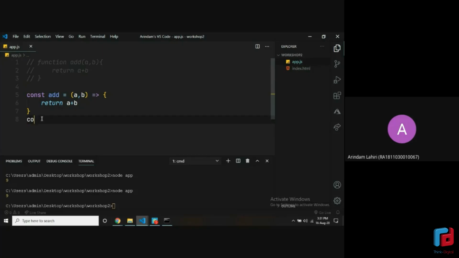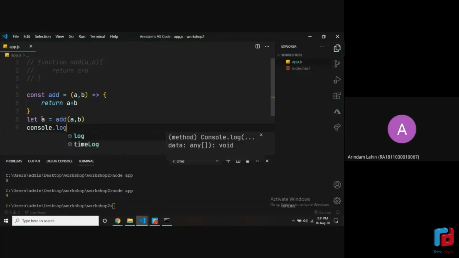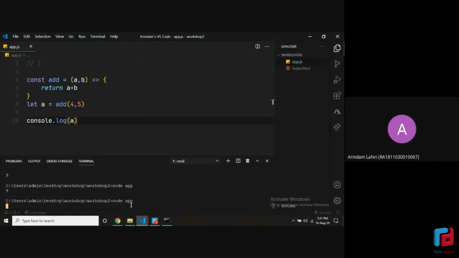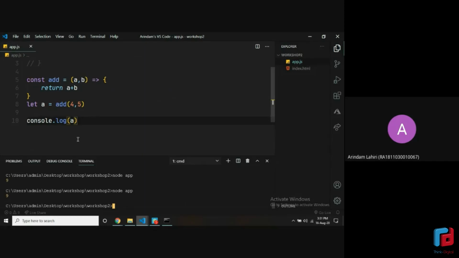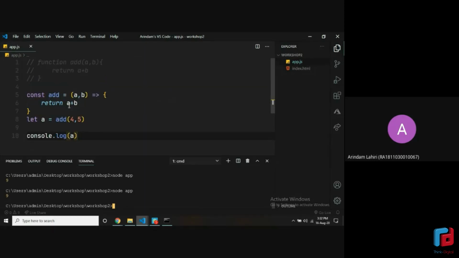All right, and now let's take this into a variable, add A, B, and console log it. Let me just run it and check. Yes, it's still 9. So this type of functions are called arrow functions in ES6. The way you write them is you define a variable, which actually becomes the name of the function because you're calling it from here. And then you put an equal to sign. And to that variable, you assign a proper function. And this function is an arrow function.